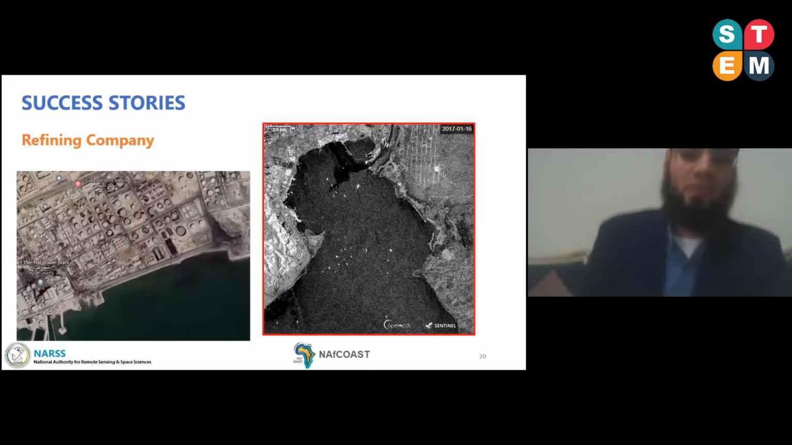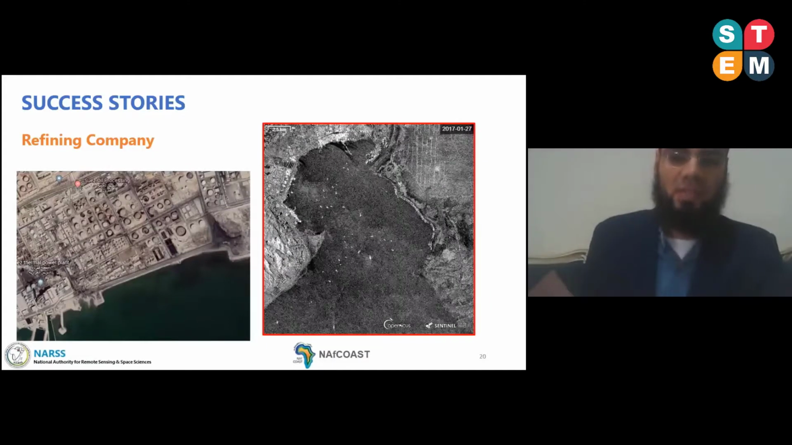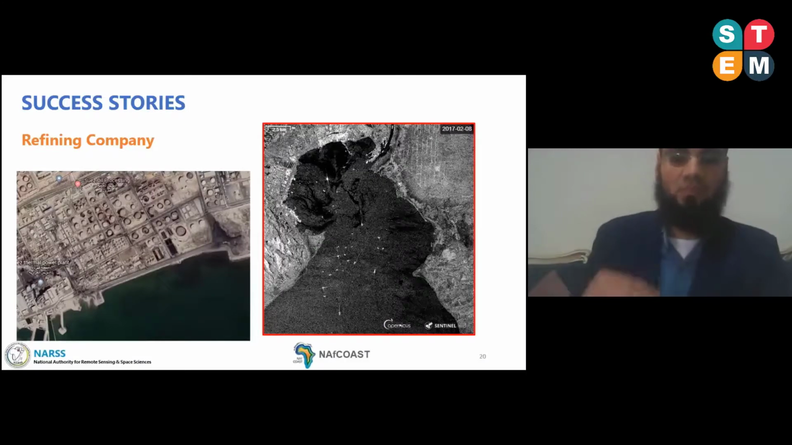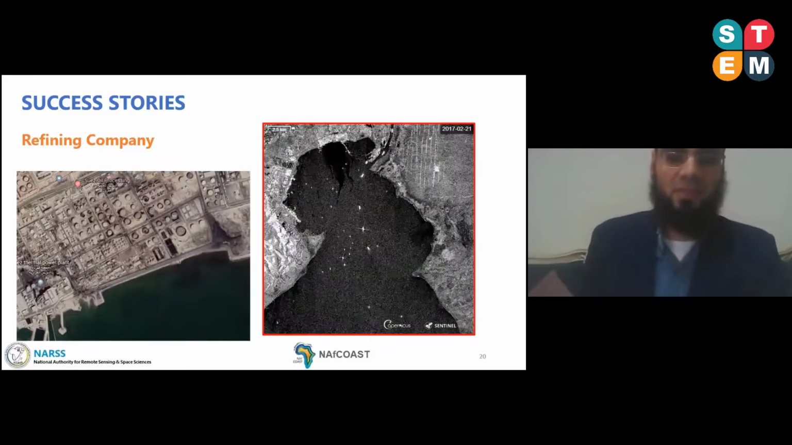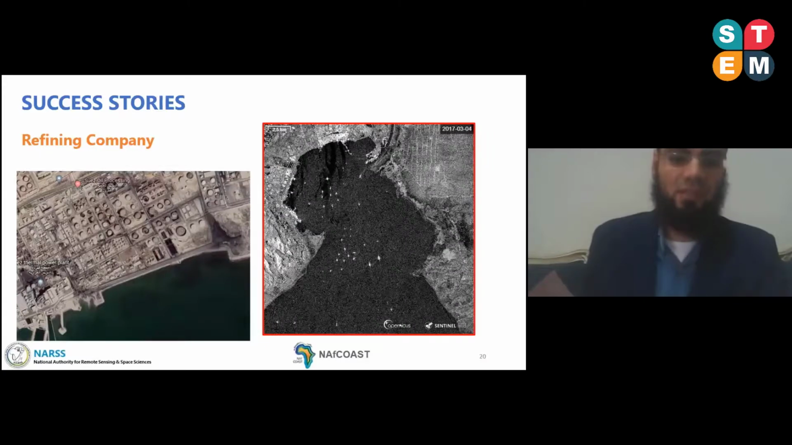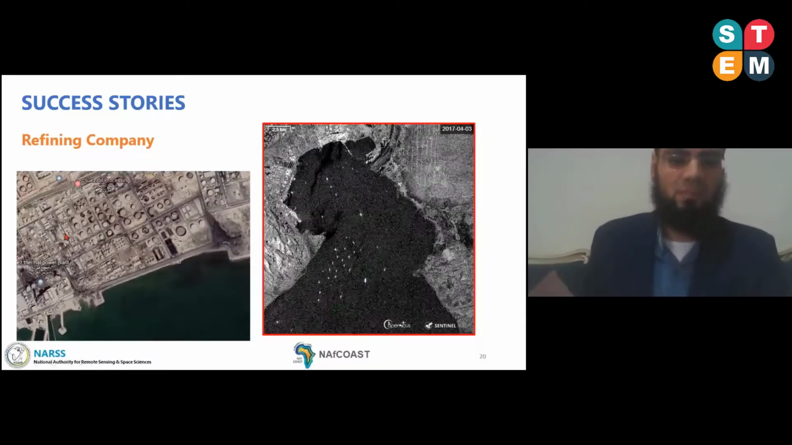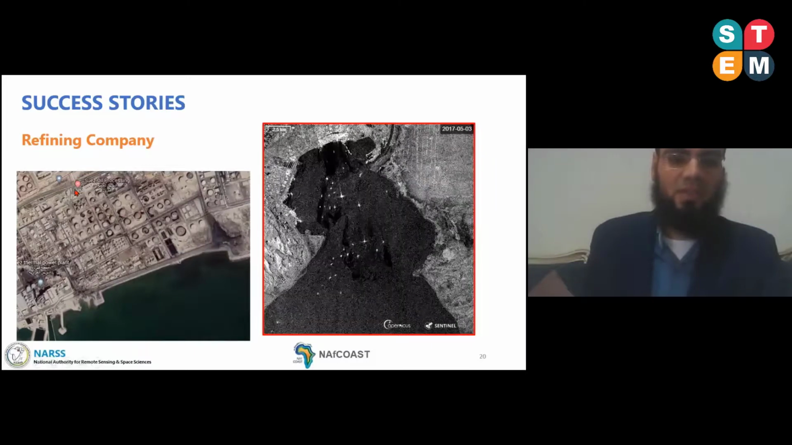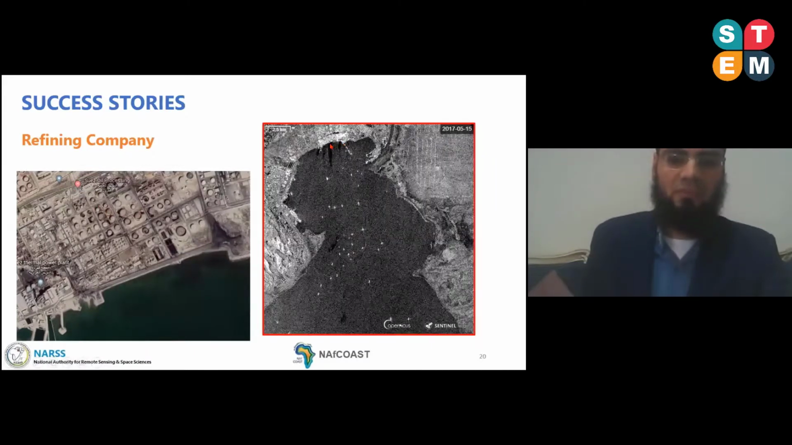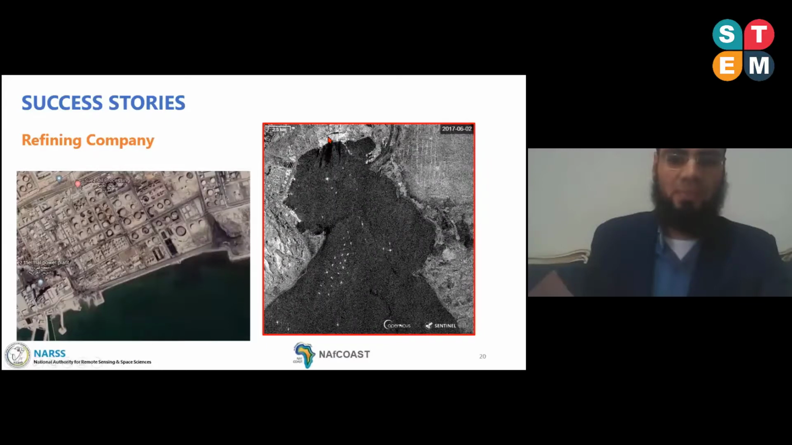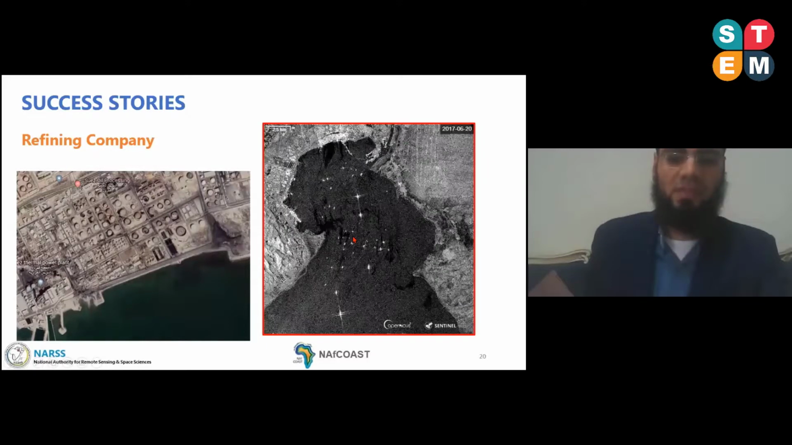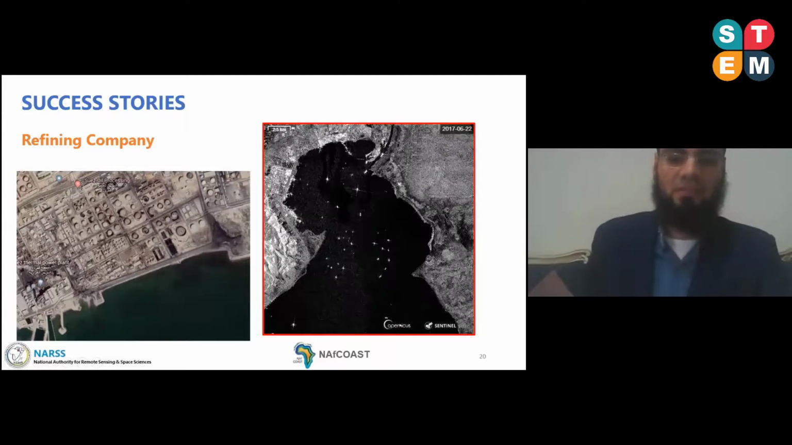So more of the success stories. After validating the model used, we have done more scans on other areas in Egypt. Here is one of the refineries in Egypt, at the Suez Gulf area. We have observed frequent spills from the refinery to the environment of the Gulf, and that proved that that area